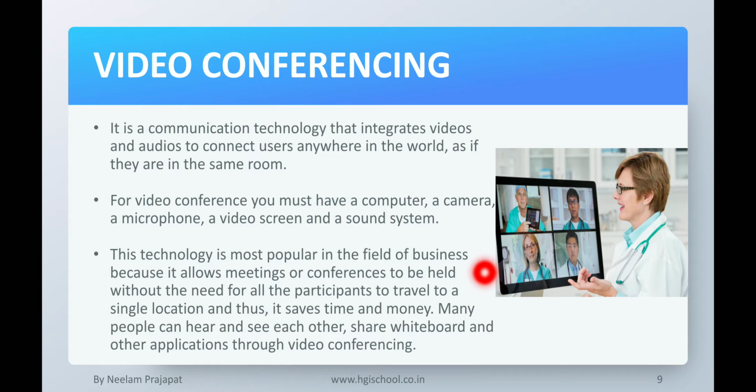This technology is most popular in the field of business because it allows meetings or conferences to be held without the need for all the participants to travel to a single location, so it saves time and money. Many people can hear and see each other, share a whiteboard, and use many other applications.